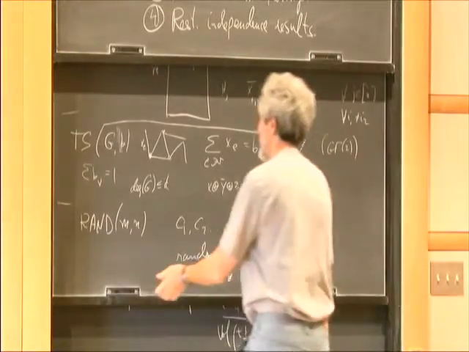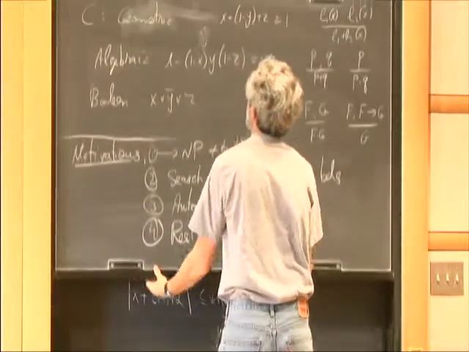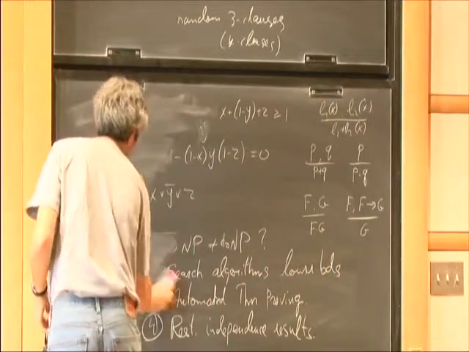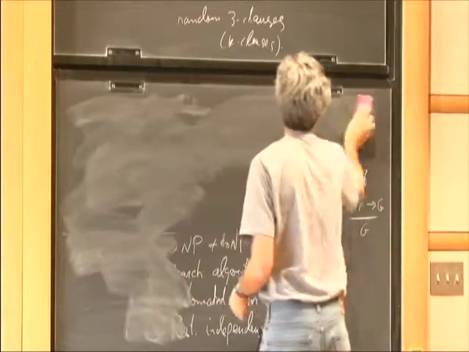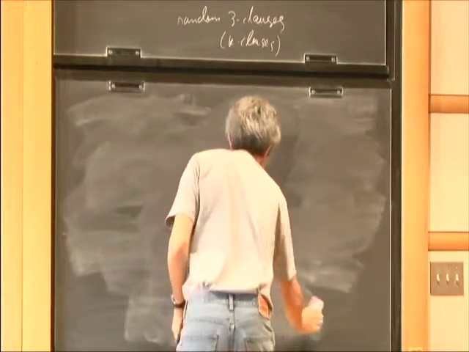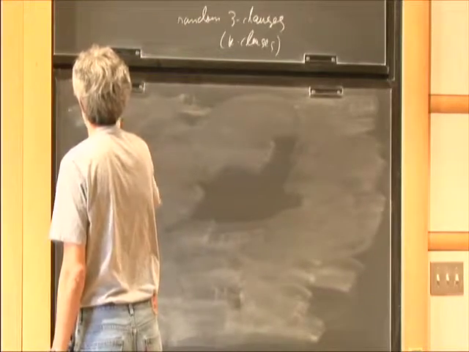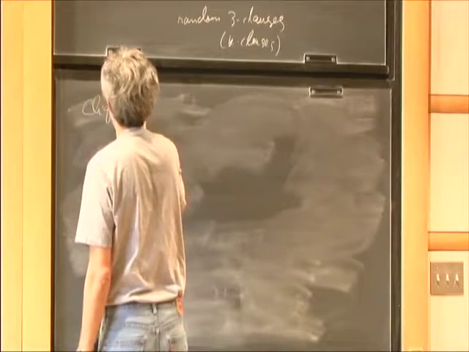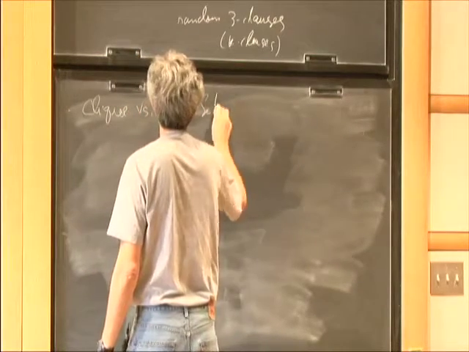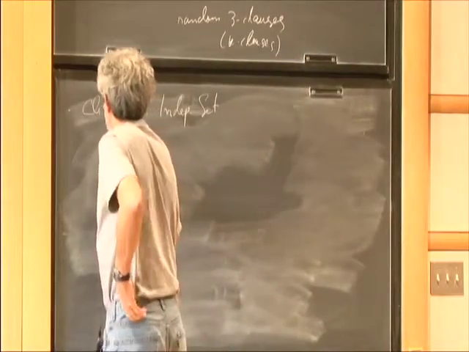Okay, so let me mention two more. Then we have to, at some point, go to lower bounds. These two I will not write down explicitly as clauses, but one of them we'll do later more explicitly. So this is cliques versus independent set. So the tautology here, or the contradiction here, whatever way you want to think about it,